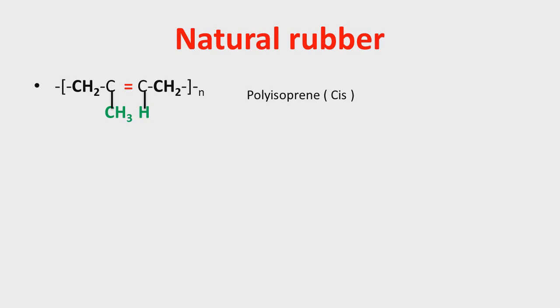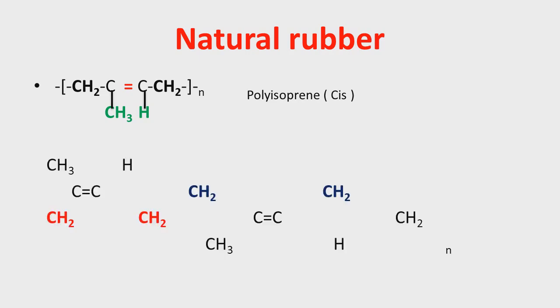I will explain the structure of cis polyisoprene in detail. So the structure will be here. This is polyisoprene. Now I have to arrange this in a cis form. For that purpose, the monomers of isoprene we have to arrange in such a way that the two CH2 groups are forced to come on the same side. Now you can see the CH2 groups are present on the same side. We will repeat this with another monomer of isoprene where we want the CH2 to be on the same side.